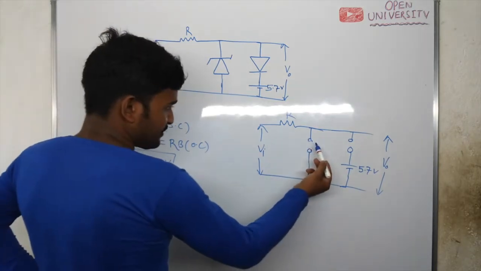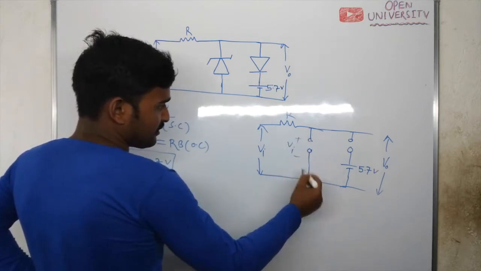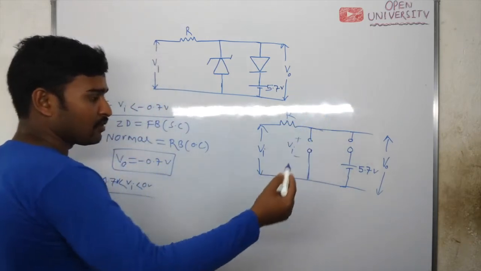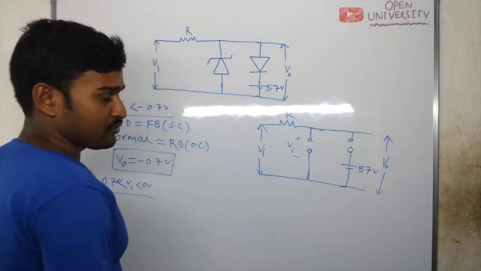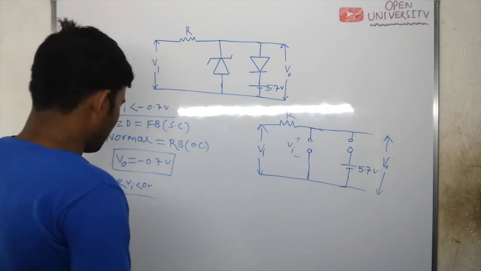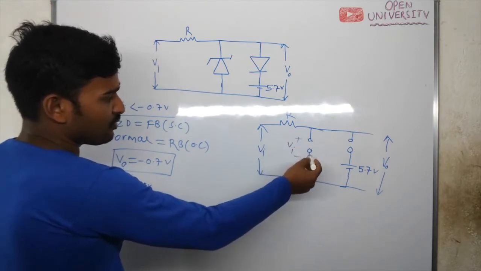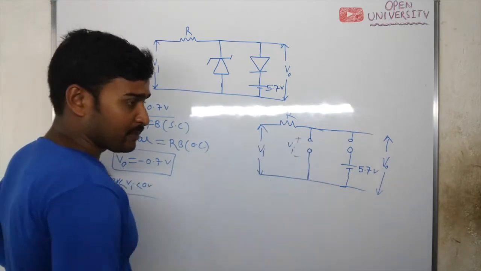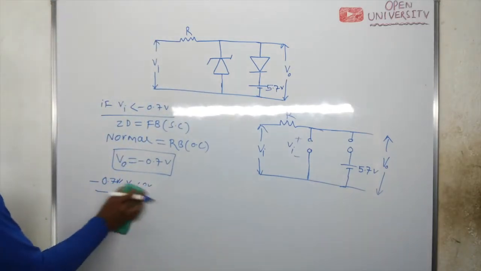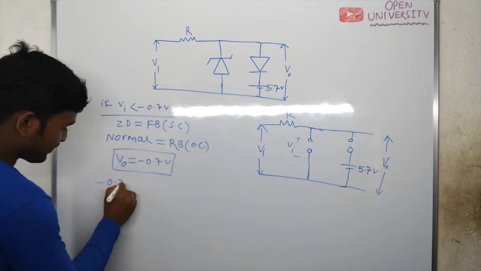What is the voltage available at this point? VI. So the voltage across the Zener diode is VI. If this voltage exceeds the breakdown voltage, then the Zener diode will be replaced with a constant voltage source. The Zener diode becomes reverse biased and it will be in breakdown. But if input voltage VI is less than 4 volt, the Zener diode will be reverse biased but not in breakdown. So I can write down that if your input voltage is between minus 7.7 volt.